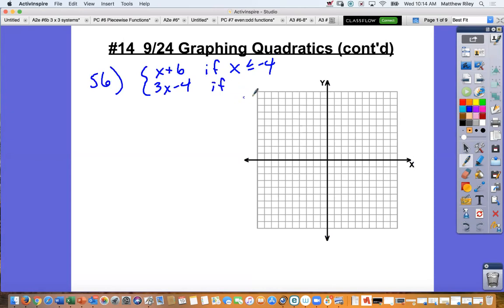3x minus 4 if x is greater than -4. Oh, there we go. So again, all you have to do on this is I only use this equation when this happens. So if I want to go ahead and make a very quick table,